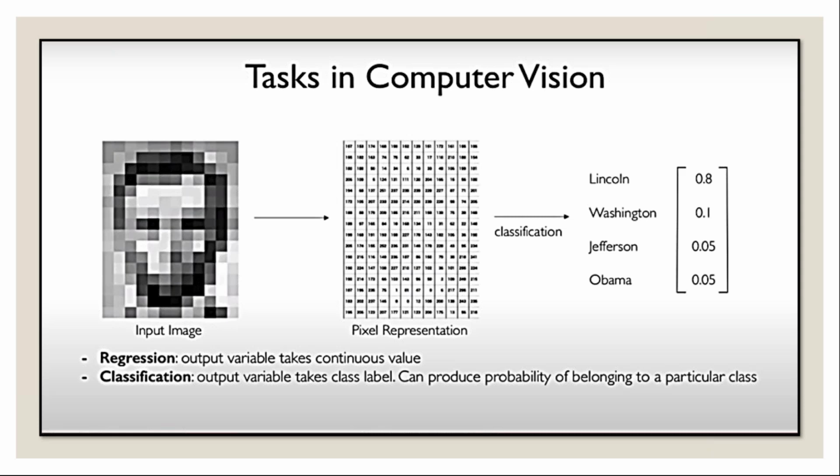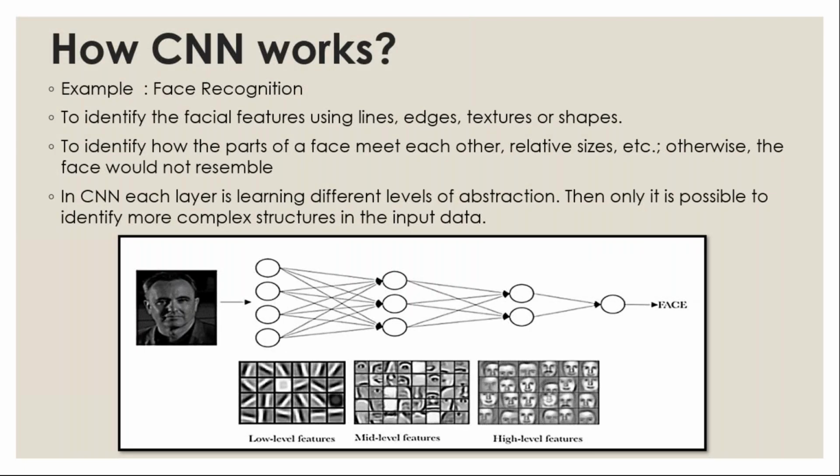Okay. And this is one of the examples for a vision task. How does it identify that it is a Lincoln face? What technique is it applying? This technique, we call it face recognition. Based on the features, you are going to recognize your face. So what features will it recognize? Your facial features, like your eyes, nose, mouth, and everything, and the textures, right? So based on the features only, it will identify the person.